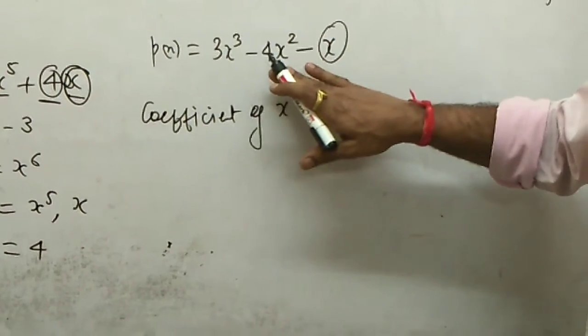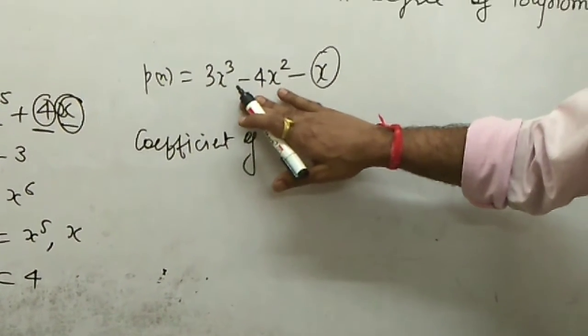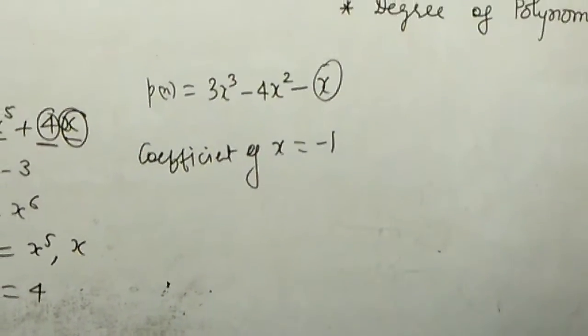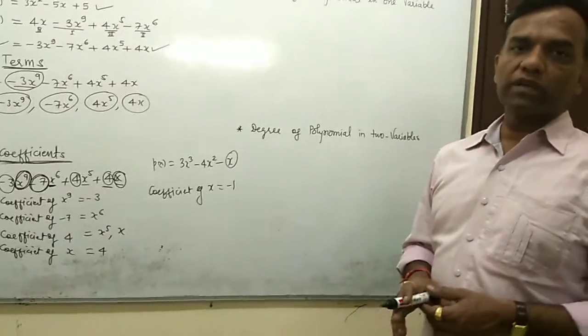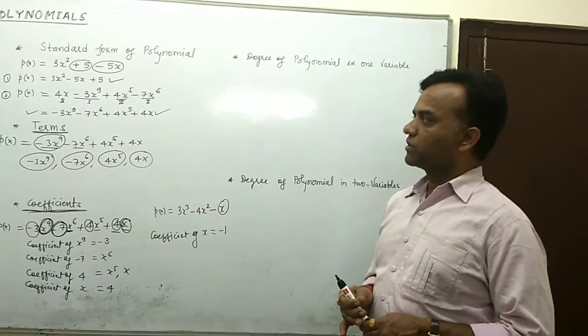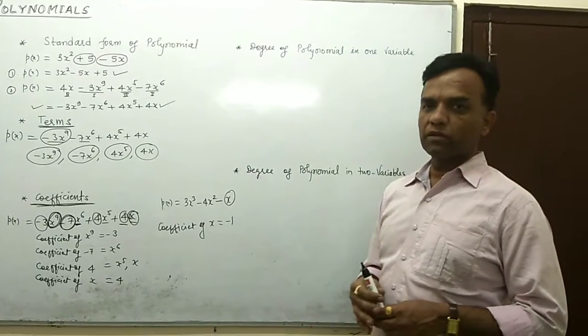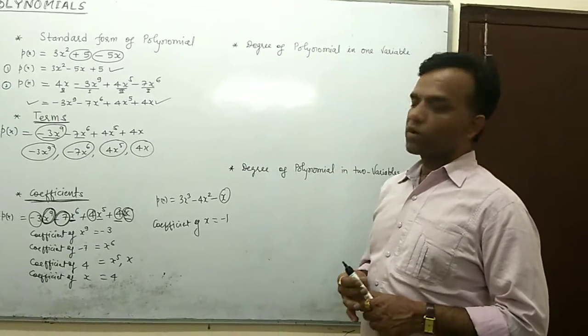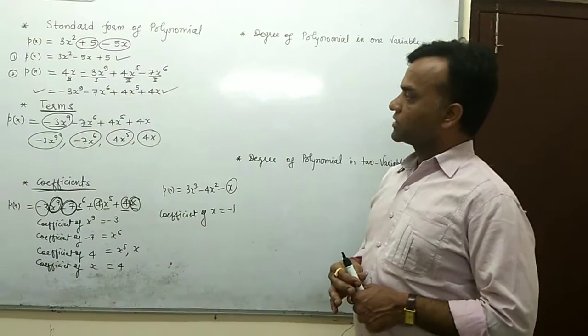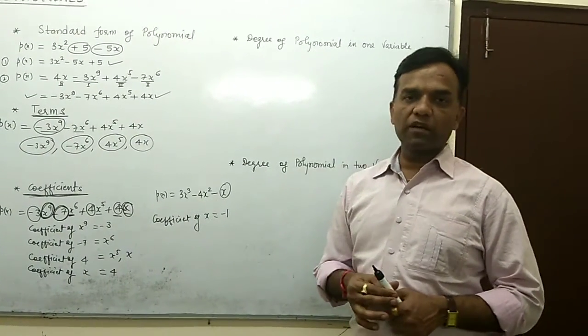Similarly, you write down the coefficient of x square, so minus 4. Coefficient of 3, that is x cube. So you can form many questions and then find out the coefficient of the polynomials. So this is the basic description about the coefficients, because we studied it in the previous classes also. But basically we define the introductory part of the polynomials. Therefore I explain the introduction, which term's coefficient, and the standard form of a polynomial.